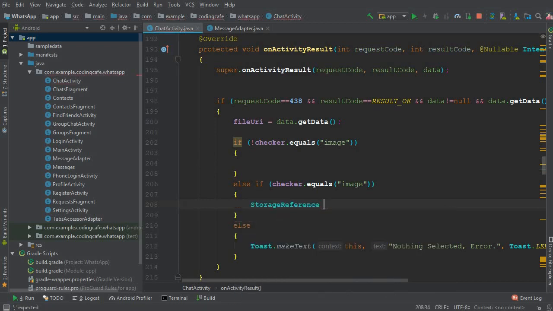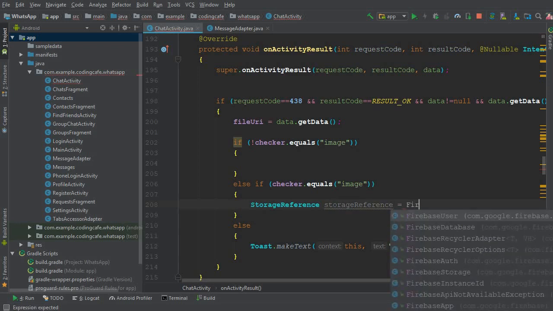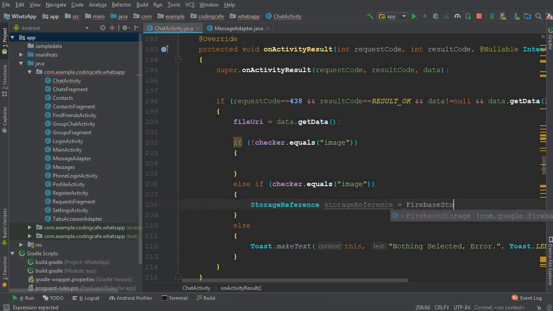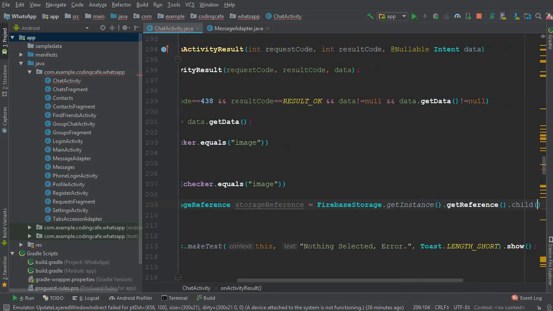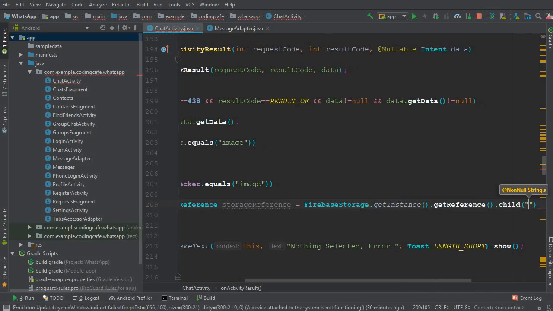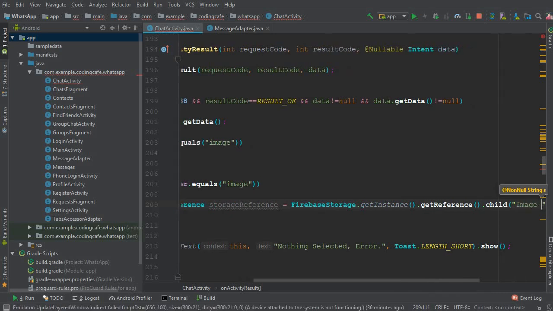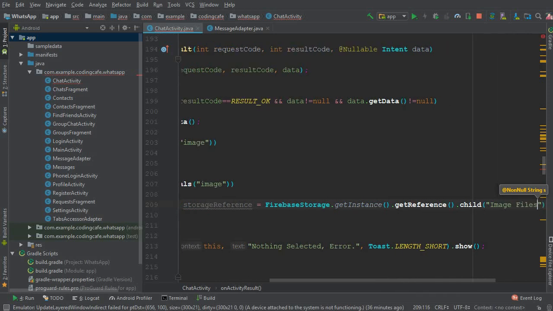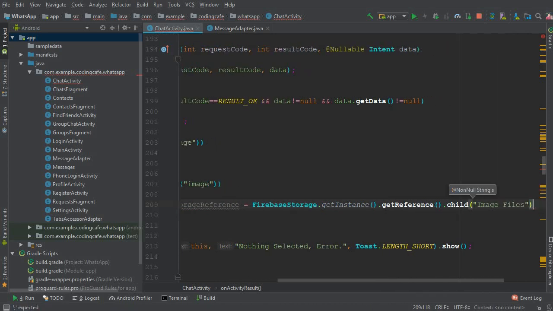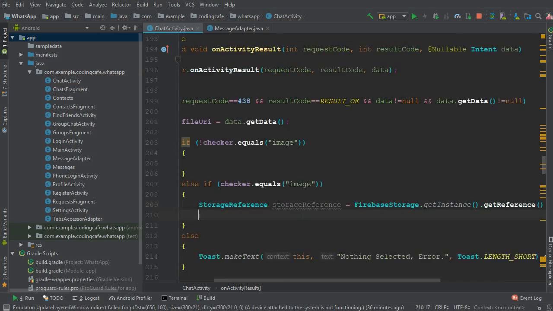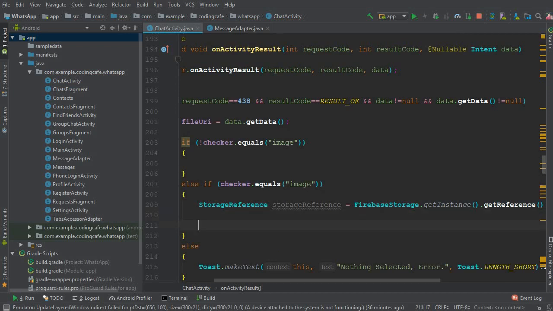Let's give it a name: storageReference equals FirebaseStorage.getInstance().getReference().child, and we want to create a separate folder for all the image files which a user will send in a message to a friend or anyone. So, image files. Now here we need a reference, which we'll need for storing the image in the